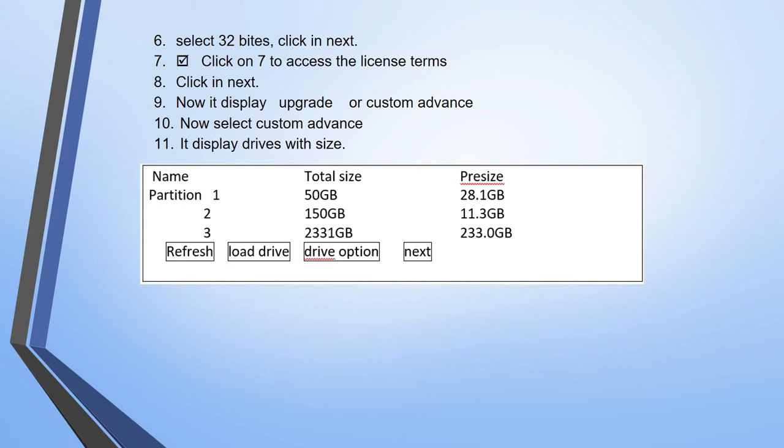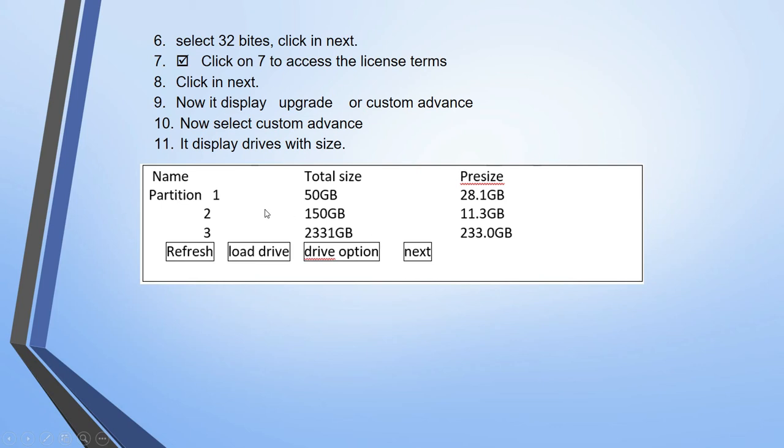After that, it displays the drives with specified size. If your system has some partitions, like partition 1, 2, 3, then partition 1 has a total size of 50 GB, partition 2 has a total size of 150 GB, and partition 3 has 2331 GB.